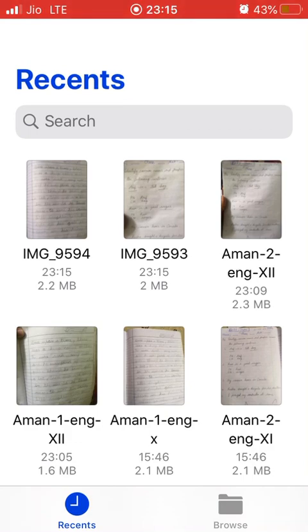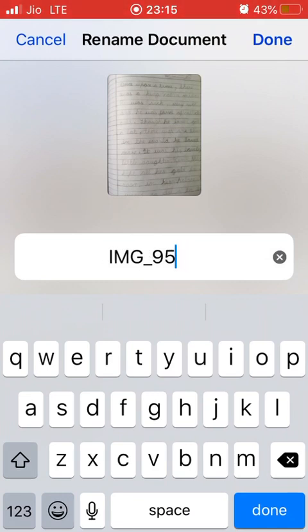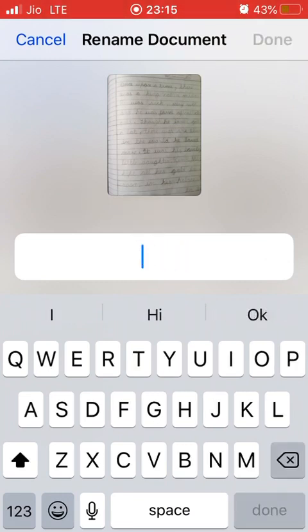Now I want to rename these files. Now simply click. This is for the iOS user. It is very easy in case of Android, but I would also make a video for the Android user as well.